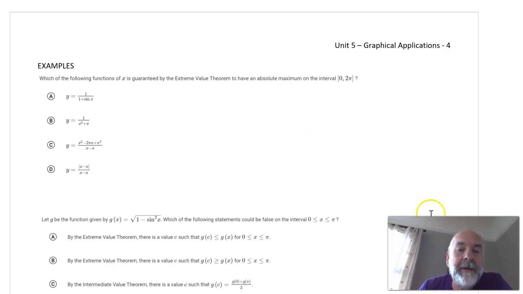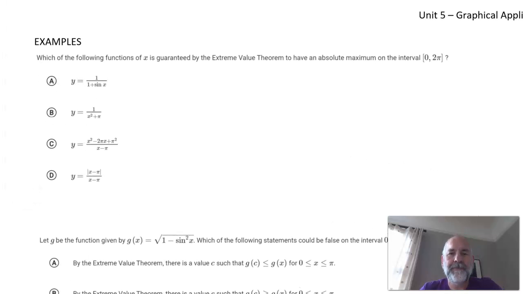Okay, so for the first one, the extreme value theorem just has to be continuous from 0 to 2 pi. So for this function, for the extreme value theorem not to apply, I need a discontinuity. Like, oh yeah, if sine was -1, so 0 to 2 pi. So at 3 pi over 2, this would make a discontinuity, so that's out. But if I look at this one right here,